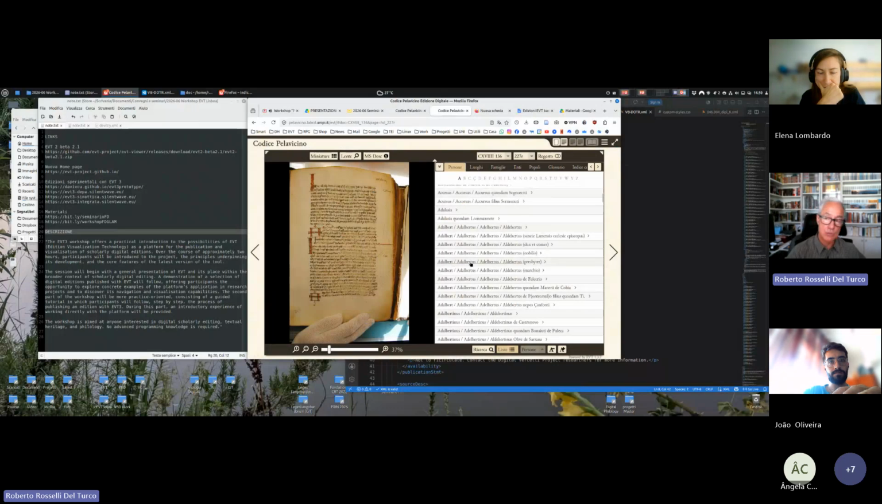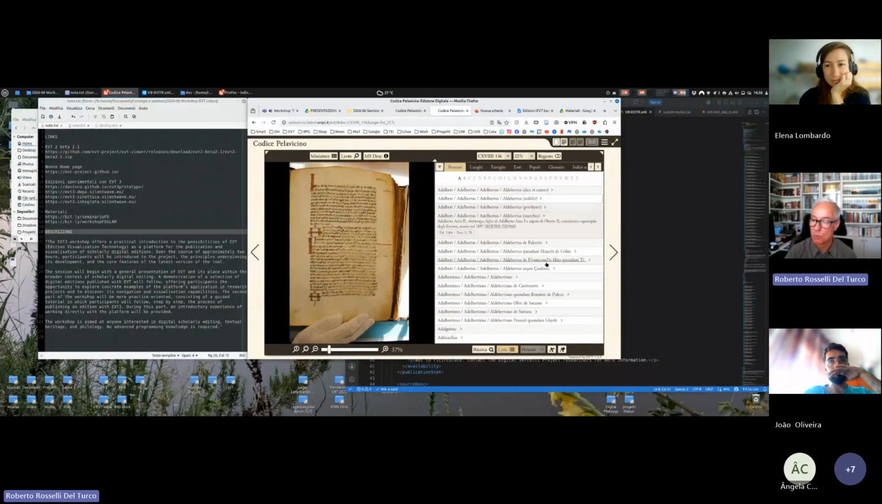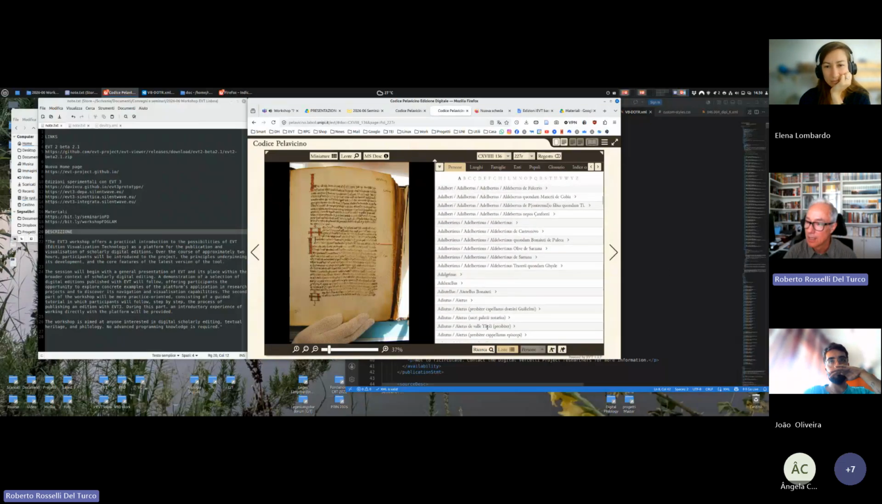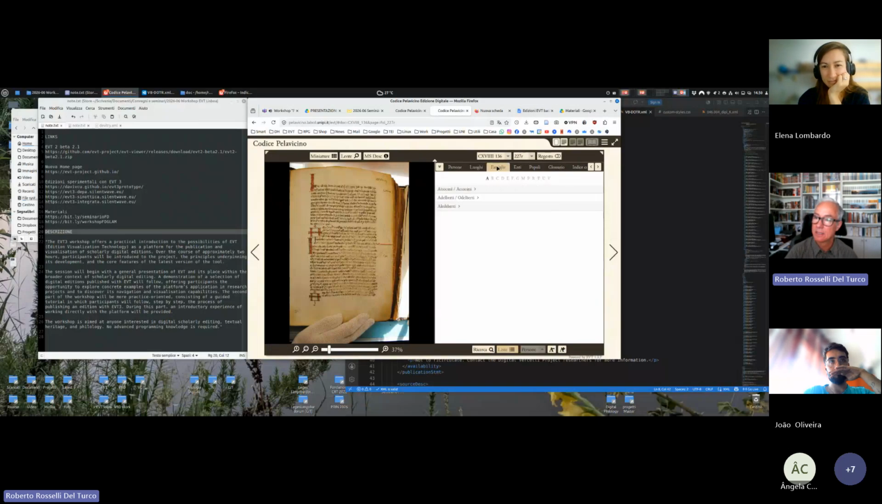Of course, if you browse this edition, many of these people are just witnesses, which means we do not know anything about them, except for cases such as this guy, Alberto Azzo II, and so on. So for some of these people, we have information, but for instance, Albertinus quondam Bonaiuti de Puleca, we don't know a thing about this guy. Okay, so people, places, families,